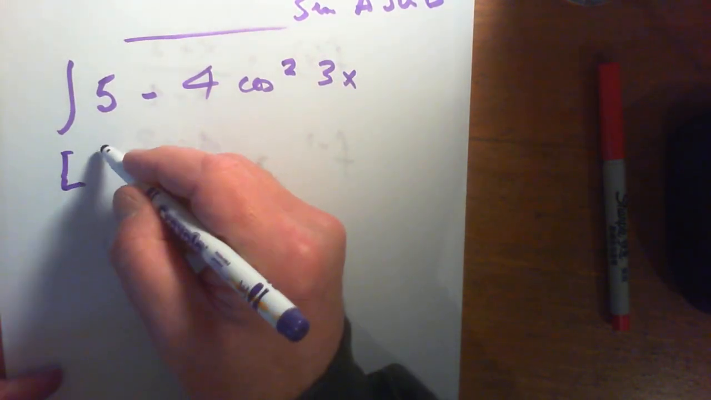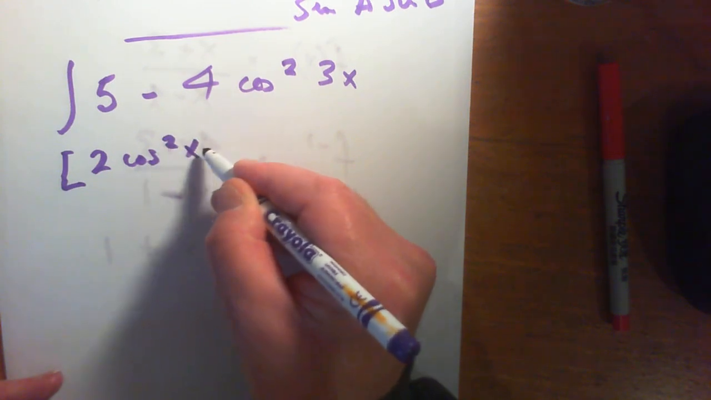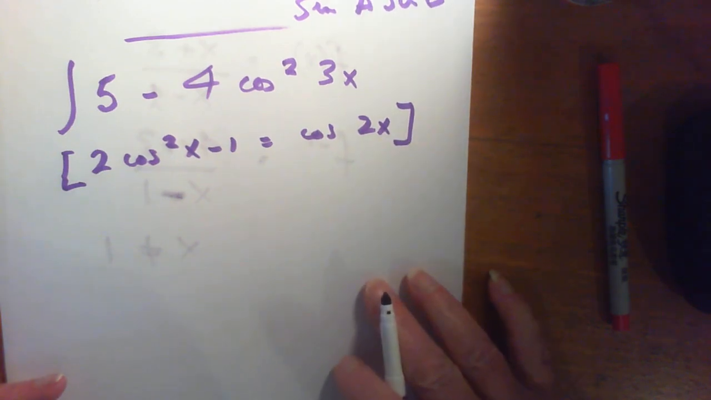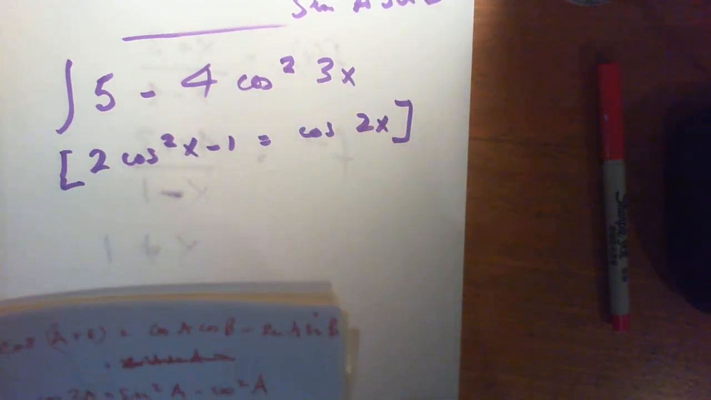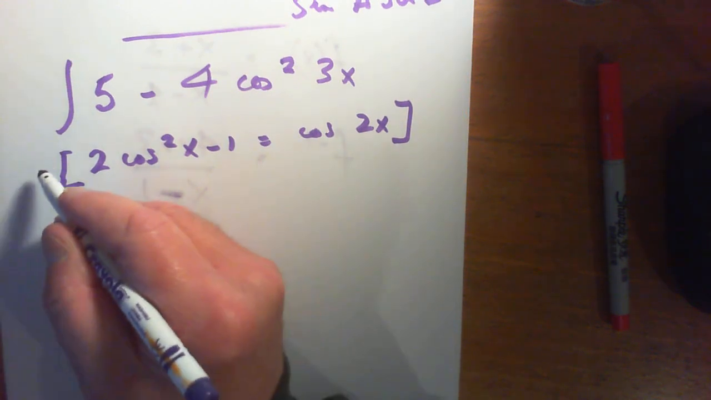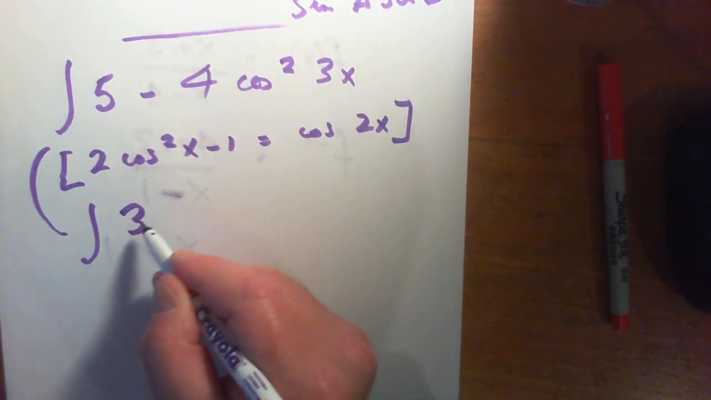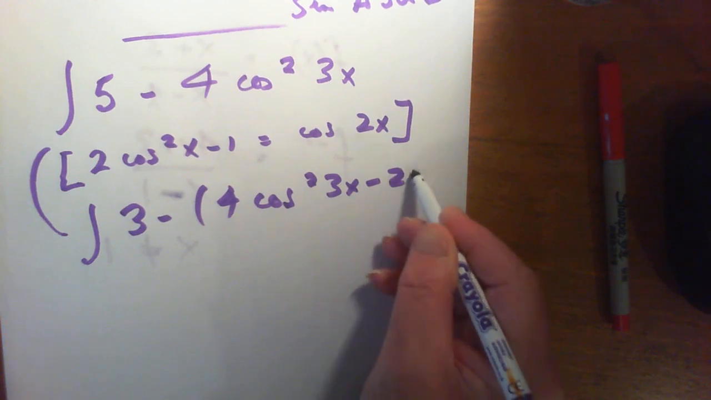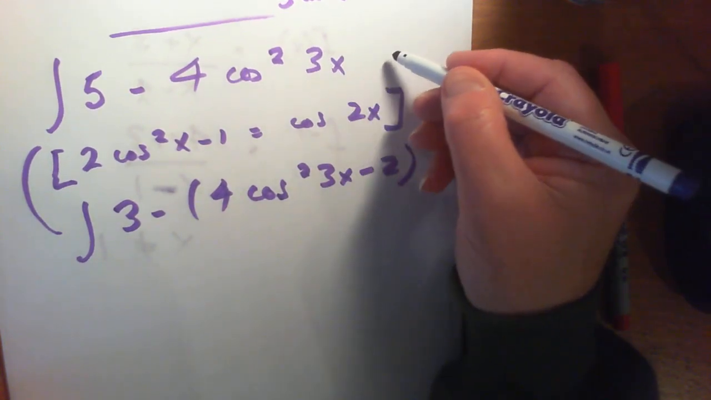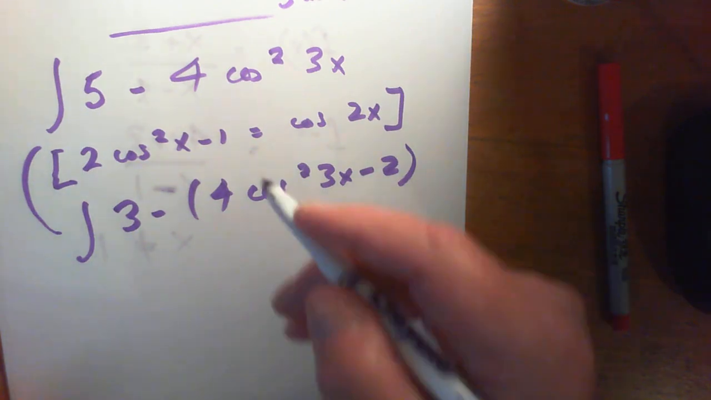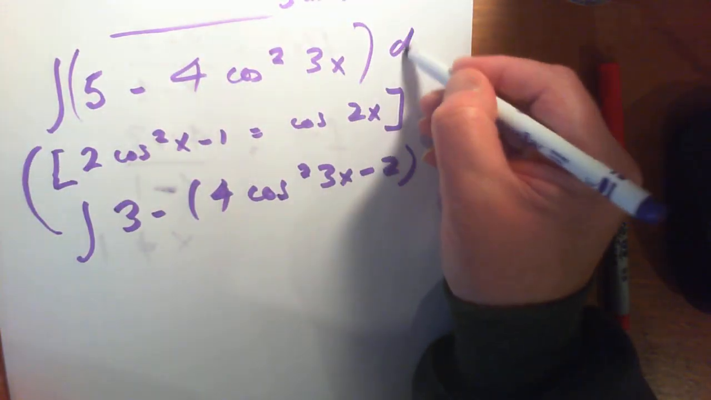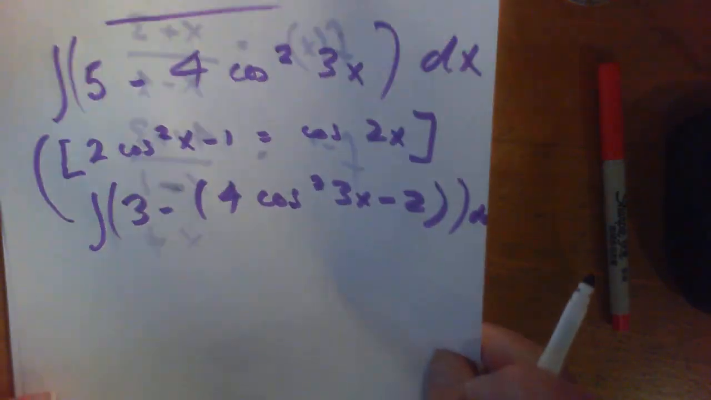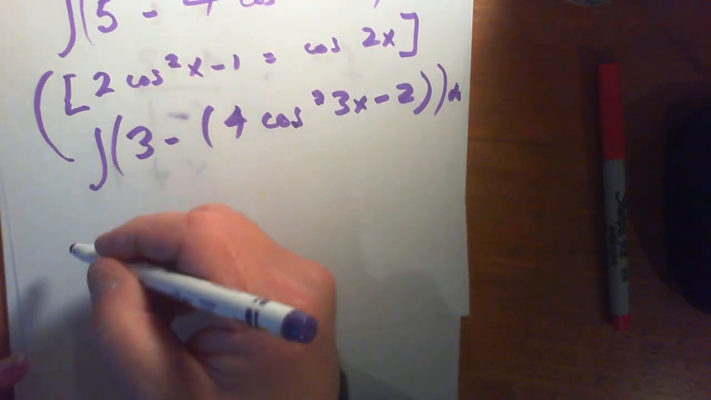The identity I know I'm going to use is... okay. I can manipulate this, so I can use that. So what I would do is I'd say okay, integral 3 minus 4 cosine squared 3x minus 2. Strictly speaking, there should be a dx on the end here, but, well, you know, if I want to be really pedantic, it would be like this. And then that would become